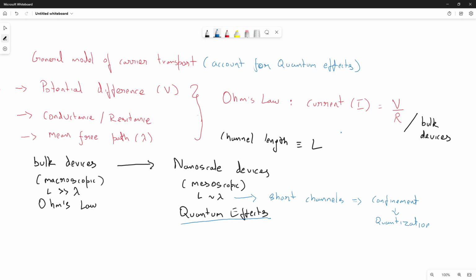There are a number of things that happen. Once you listen to the lectures, you will understand what those things are. I shall be mentioning a few of them here briefly. So that is the aim of the contents of week 4. With this set of lectures, we shall be building a general model of carrier transport which accounts for the quantum effects in mesoscopic devices, and this is usually due to short channel lengths that are comparable to the mean free path of the electrons. Quick question. So what is the order of this lambda for an electron? Can someone tell me?